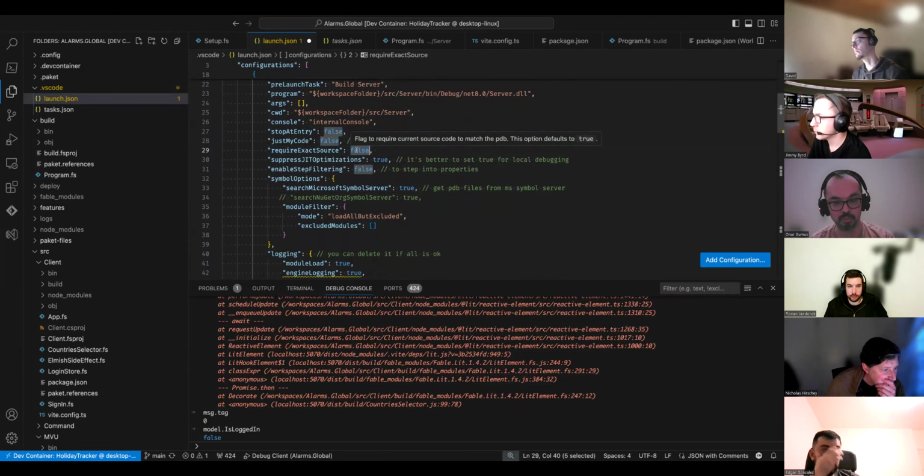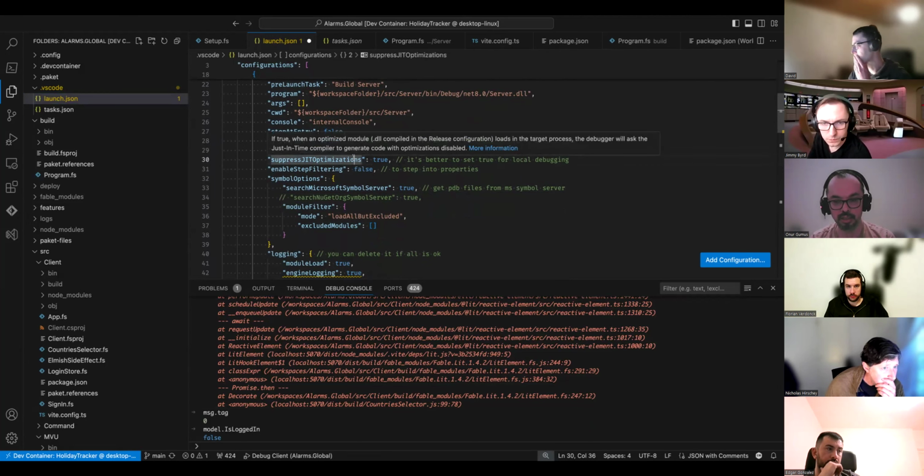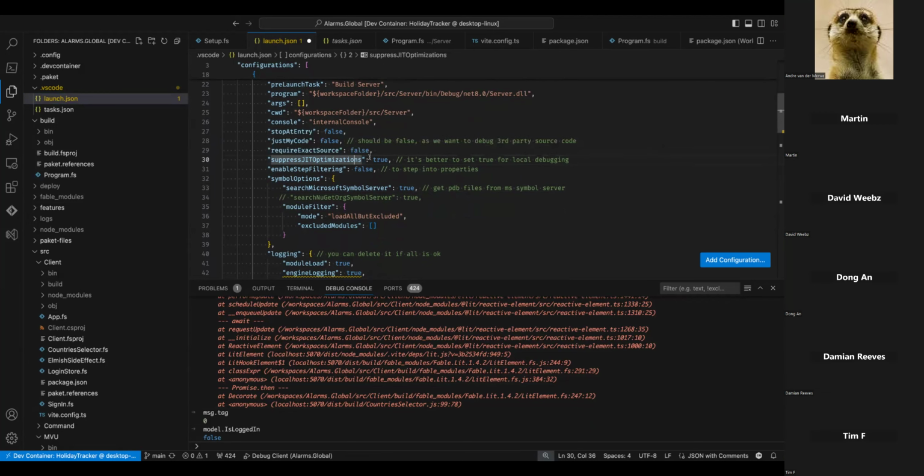When you're debugging libraries like .NET's own code or third-party libraries, it's best to keep this false. Otherwise, you may want to keep it true. Again, suppress JIT optimizations works well when you set it to true for local. It depends: if you set it to true, it will try to suppress optimizations, but it's not actually enough in some cases.